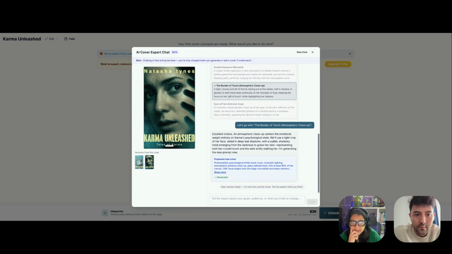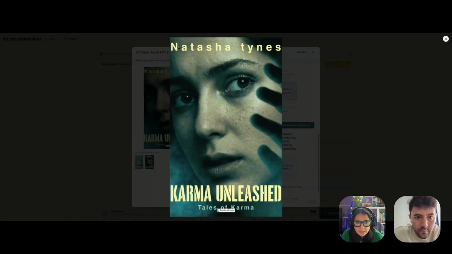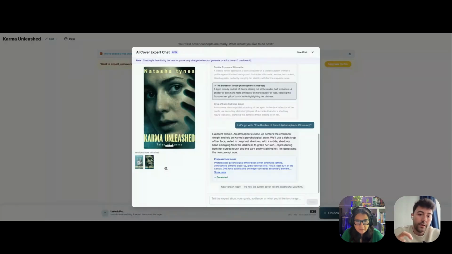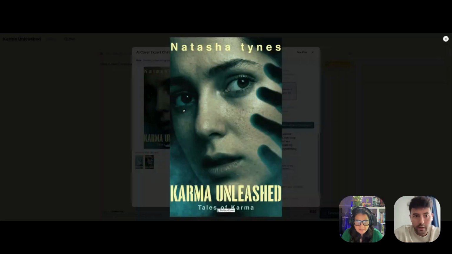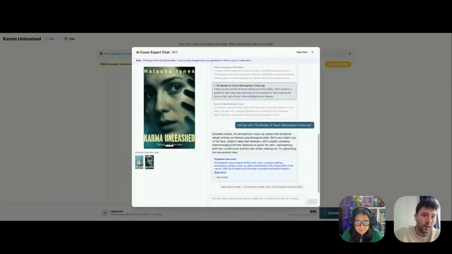Ah, it's actually pretty nice. My issue would be, for example, as an author, see how the text is too close. Here there should be some space, and here they're just too close. You can try to use the font tool. There's a font tool that you can use if you like that one. Let's say I like this one. Okay, let's say you like that one.